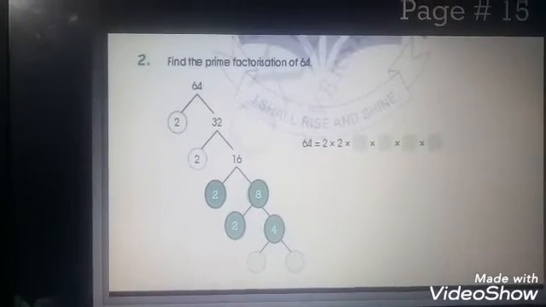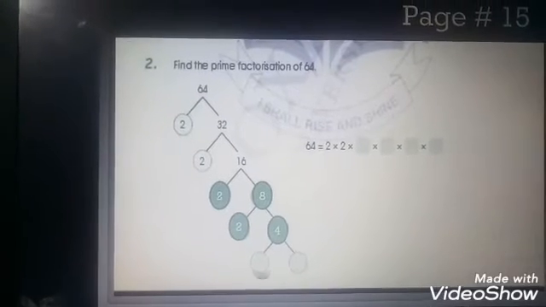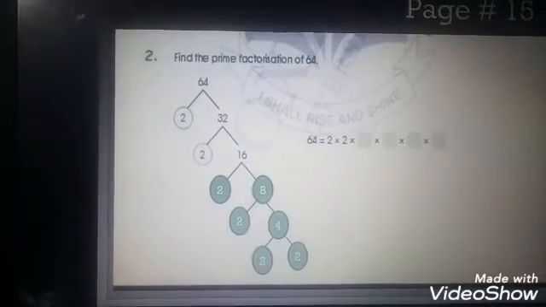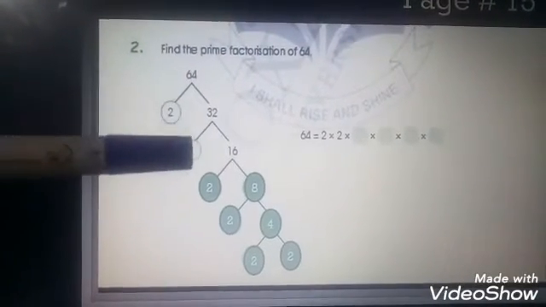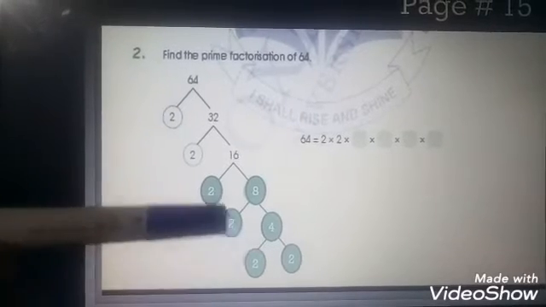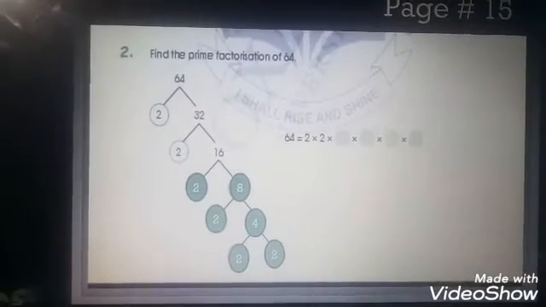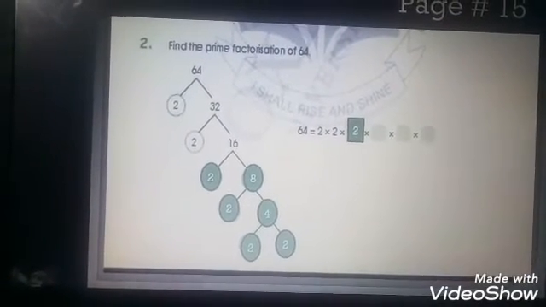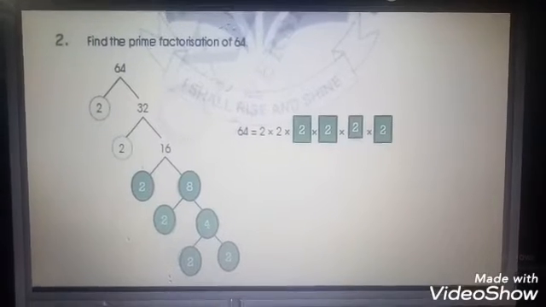And as you know, this is an even number, so you choose the even prime number which is 2. Multiply 2 with 2, which gives 4. At the last you see 2, 2, 2, 2, again 2 and the last 2. All the 2's are prime numbers. So you can write the factors of 64 as a product: 2 into 2, again 2 into 2, and at the last 2.